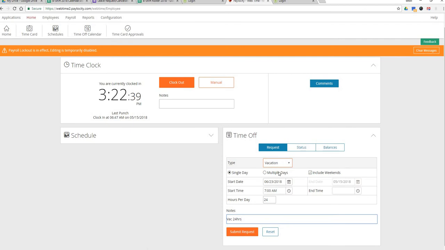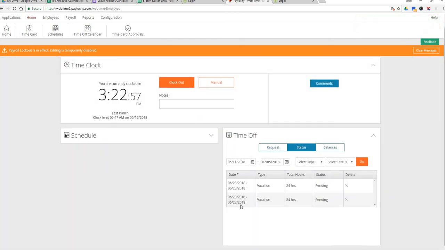So I've requested a vacation on the 23rd at 7 a.m. I'm not putting an end time, and this date is grayed out for 24 hours. I'm going to submit the request. Here it says it was successfully submitted, and then now when I go to my status, it's updated, and I